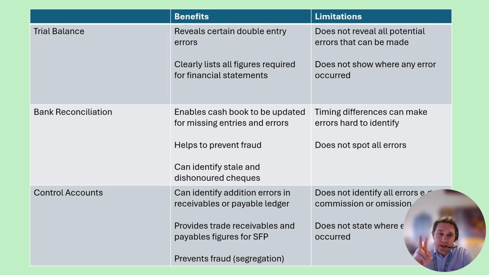If we look at the control accounts, there are 2 control accounts: the trade receivables ledger control account, or sales ledger control account, and the trade payables ledger control account, or the purchase ledger control account. Basically, the control account is like a testing measure. On the specification, the control accounts are what we call memorandum entries, so not part of the double entry, they're just a test. So if it was the purchase ledger, you've got your list of all your suppliers